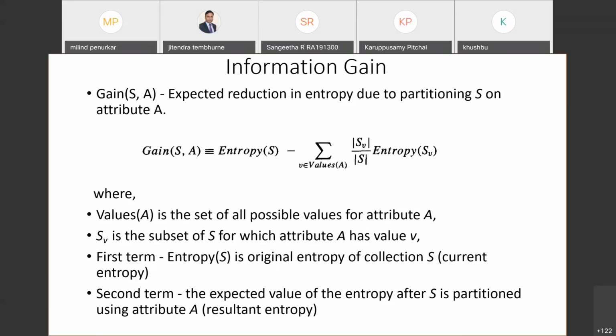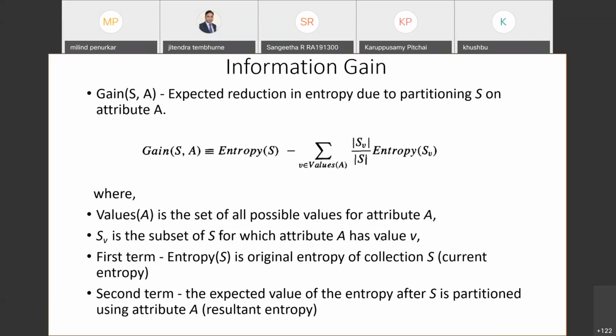Now I have to choose the target attribute. So Gain(S, A): S is the training instance, A is the attribute which I'm using to find out its information gain. Then the expected reduction in entropy due to partitioning S on attribute A is given as Gain(S, A)